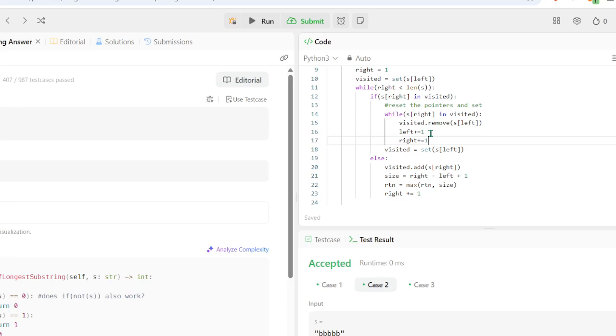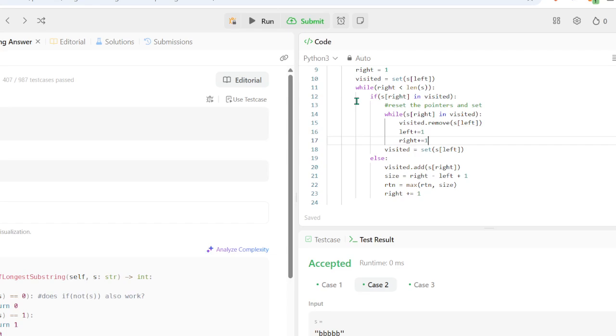So does this work for our example, right? So if we have visited D, V, now S at R is in visited. So now we need to remove L, the D, so remove S at left.